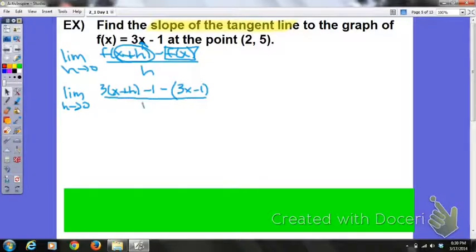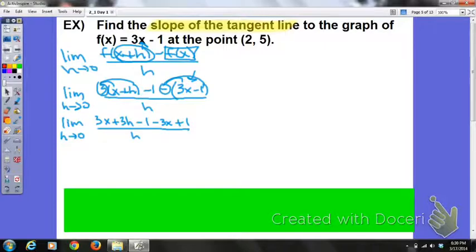all over h. These parentheses here are important because we're subtracting that whole function, therefore I need to distribute this subtraction into both pieces. I must also distribute the 3, so let's continue cleaning this up. You'll remember from earlier that when we apply our difference quotient, it ends up cleaning up very nicely. So when distributing, we end up with the limit as h approaches 0 of 3x plus 3h minus 1 minus 3x plus 1